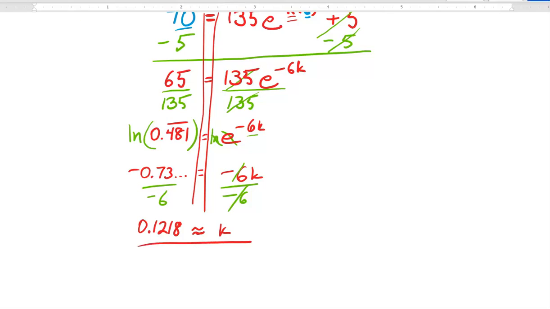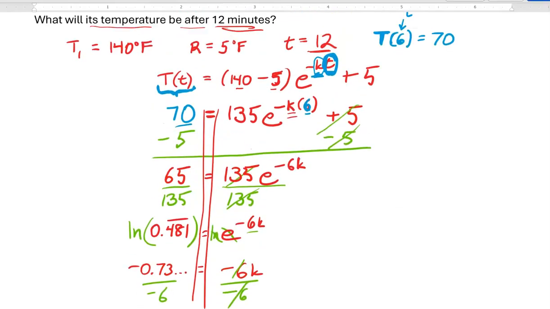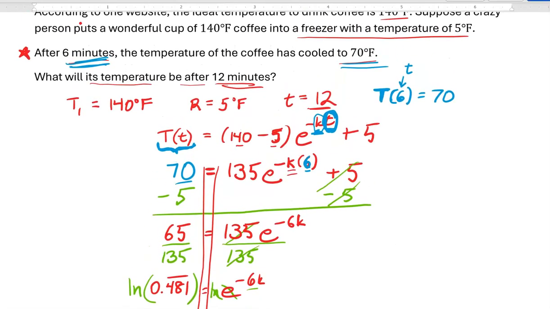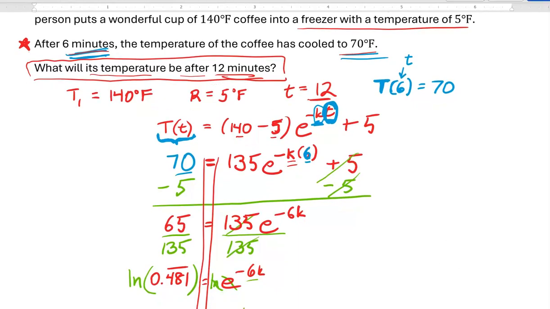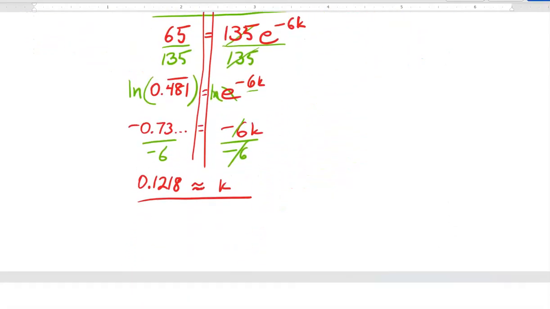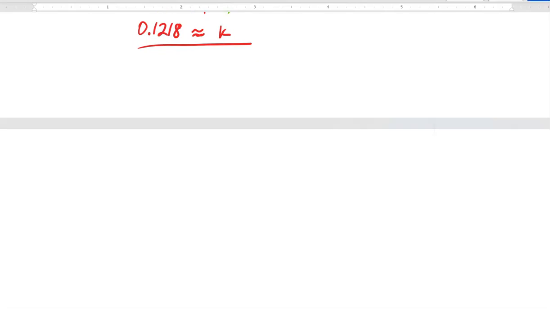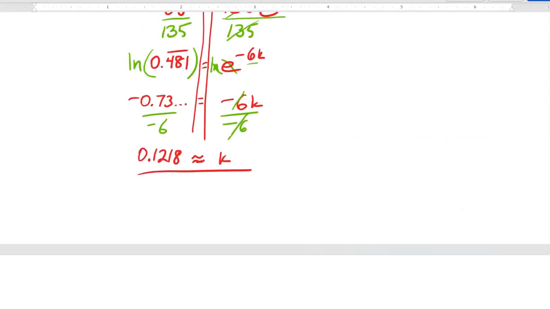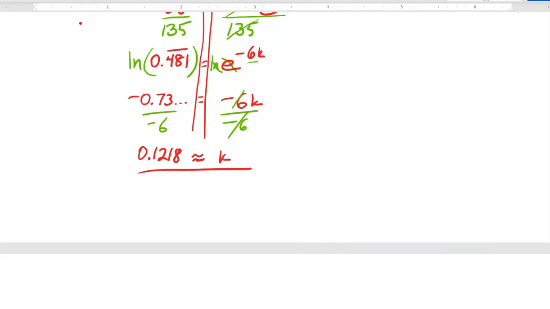Now, I'm not done with the problem, because it didn't just ask to find the k, it asked for the temperature after 12 minutes. So I haven't answered that question, but I'm in a position where I can now, because now I have all the information I need to plug in 12 minutes as the time, right? So all I got to do from here, I went ahead and made a blank page just in case I needed the room. I don't think I do, because I think at the bottom I can squeeze that in to say the temperature of this coffee after 12 minutes in the freezer, because somebody's playing a cruel joke on me, is going to be,